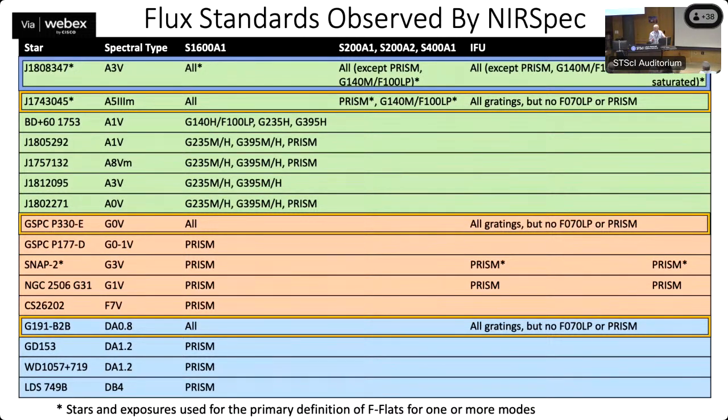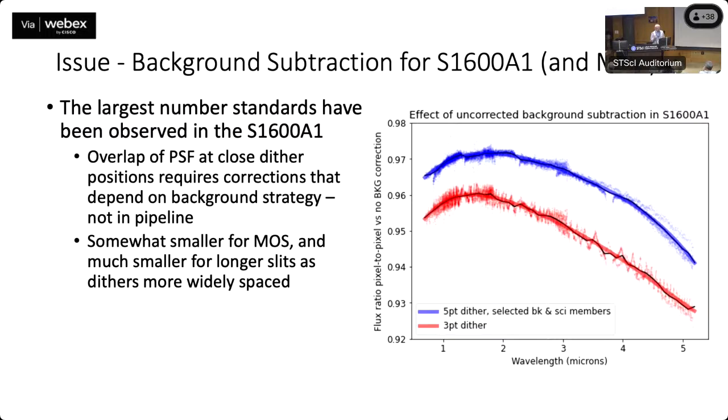And just the ones outlined in the orange are the 3 stars, which we did intensively. And so those are the ones I'm going to compare in the next slide. Some issues, though, that prevent the pipeline for the moment from doing quite as well as I'm going to show you